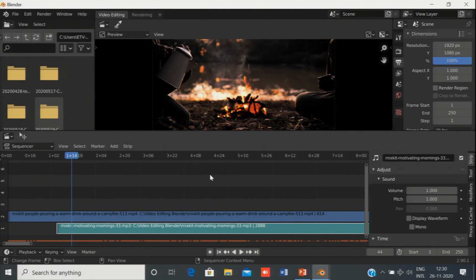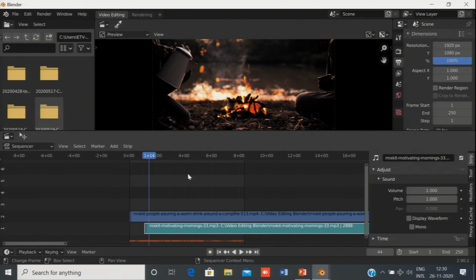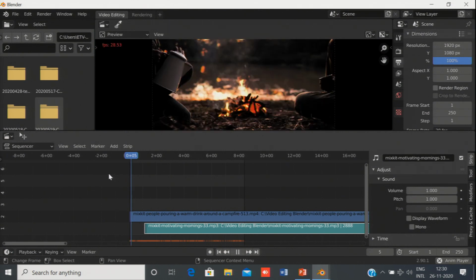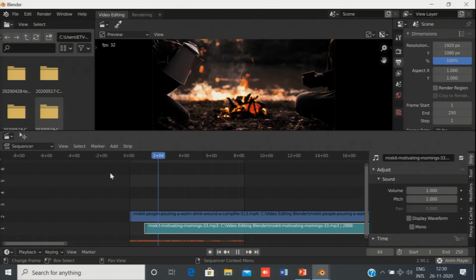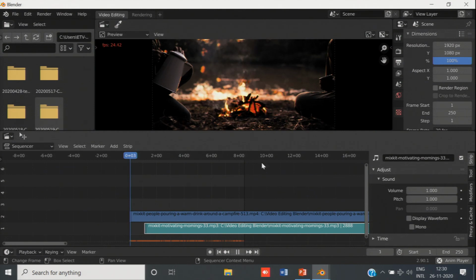To view the whole area, this timeline, just zoom out using the scrolling button of the mouse. Now, you can see when I play the video, it does not play the whole video. See, it stops in between.